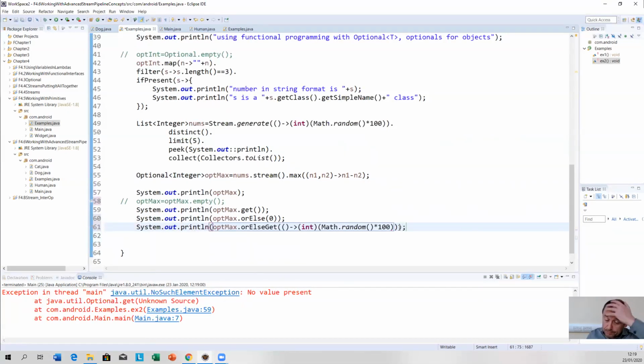Okay. And that gets us to lunch. Okay. So when we come back from lunch, we're going to be using functional programming with optionals, and we're going to go to something called collecting results. It's methods of the collector method. So I will stop